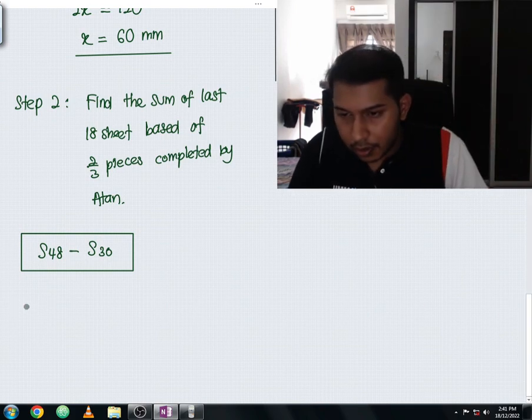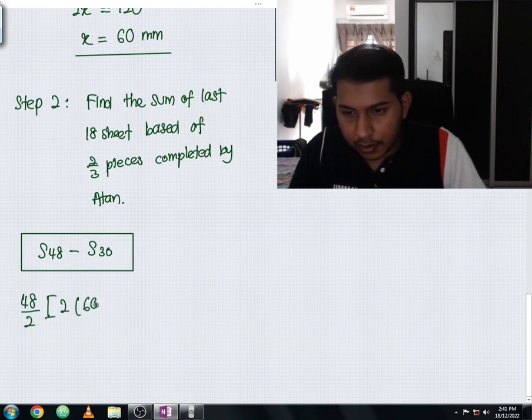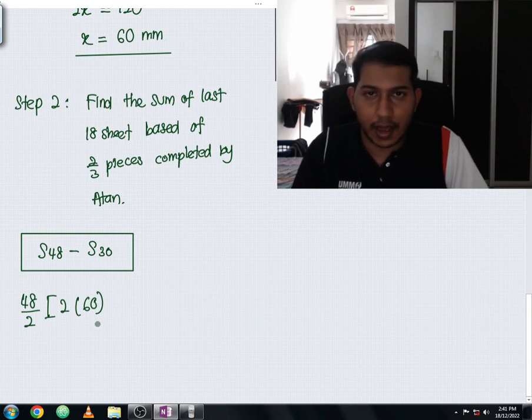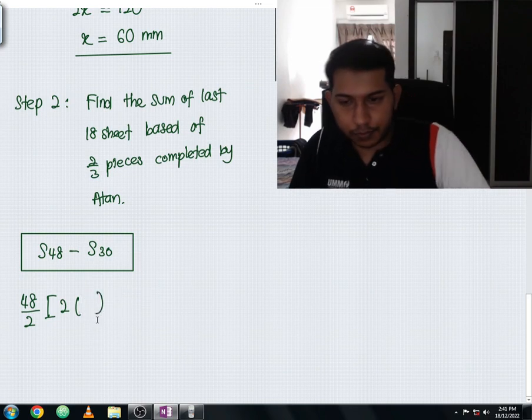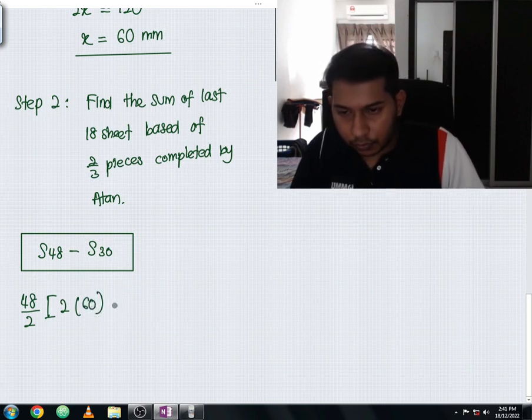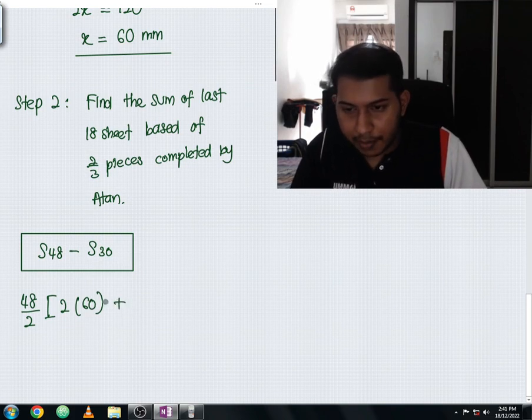So 48 divided by 2, square bracket 2 times 60. Since we know that x is 60, you can just substitute the 60 over here. We don't need to put the x anymore. 2a plus n minus 1, in this case 47,